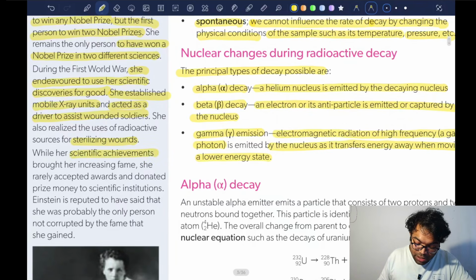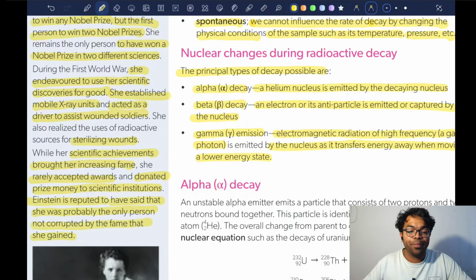While her scientific achievements brought her increased fame, she rarely accepted awards and donated prize money to scientific institutions. Einstein is reputed to have said that she was probably the only person not corrupted by the fame she gained. She was the world's most famous woman and she had zero ego, and that is something that is very difficult to have. Okay,